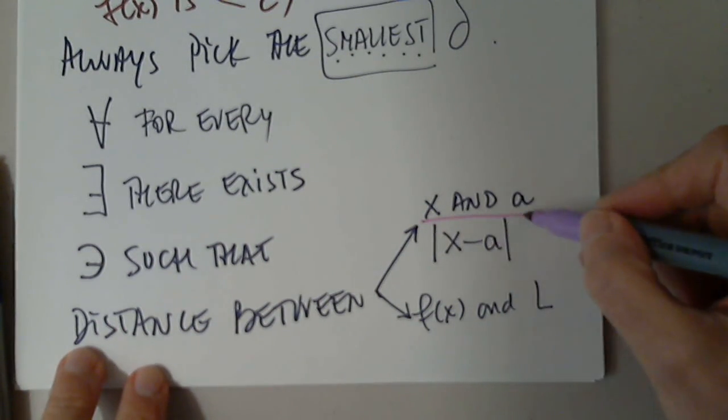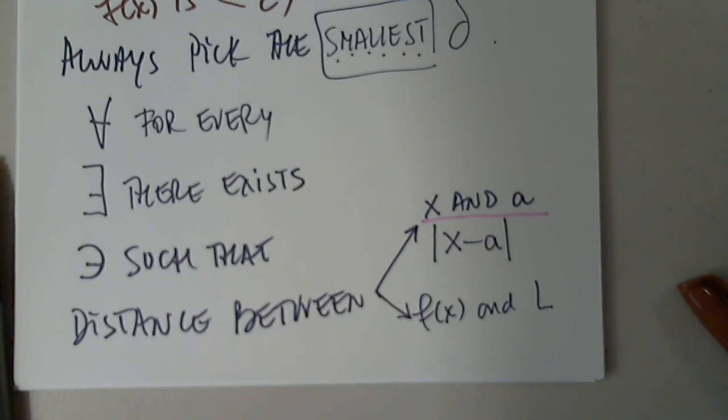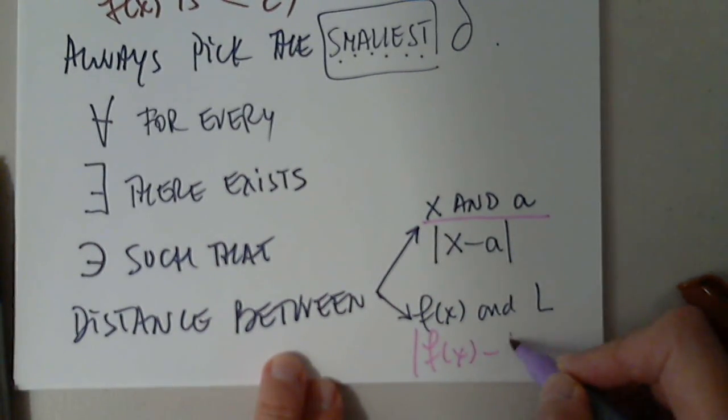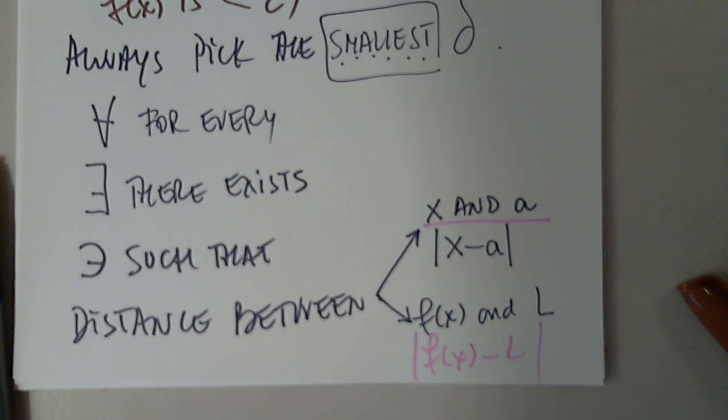If the distance between x and a is this, what will be the distance between f of x and L? Very good. Indeed, the absolute